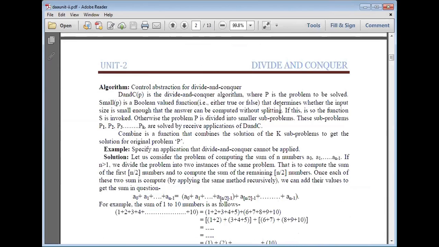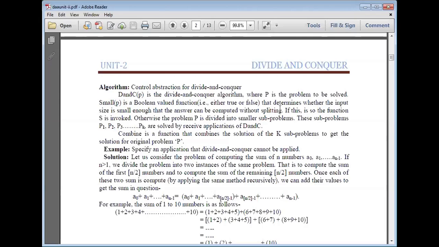That means if the problem is of small size, then we need not divide that particular problem.